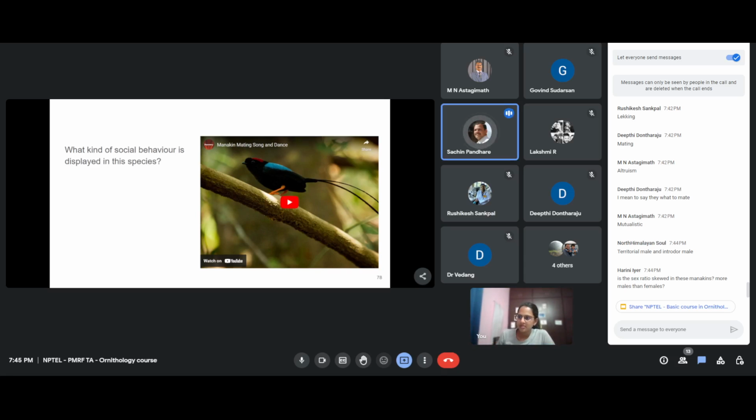Second thing is that the alpha gets all the matings, right? So it also means that there are more females. It doesn't mean multiple, actually, conclusiveness. I'm again not sure of the mating system in these birds, whether it's polygamous or not, but it's probably good to look that up as well. Might give you some clues.